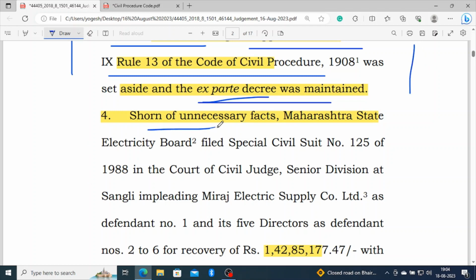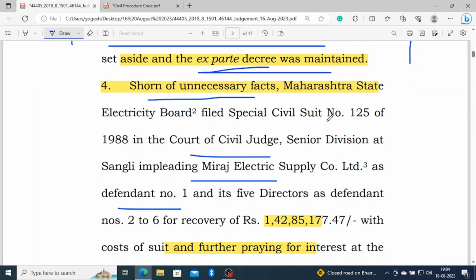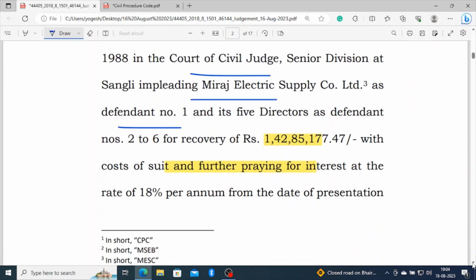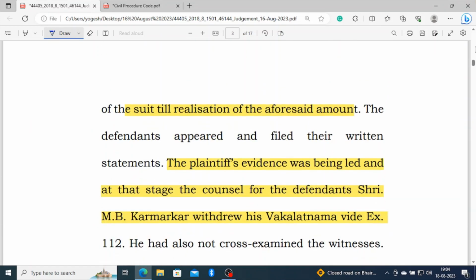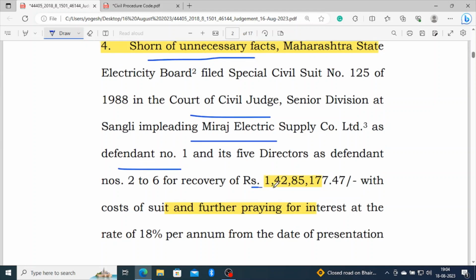on unnecessary facts, the respondents filed a special suit number so and so in the court of Civil Judge Senior Division, impleading the appellant as defendant number 1 and 5 directors. So this signifies that the respondents first filed a civil suit in which they impleaded certain directors, and the appellant is one of the defendants in that case, and they have made a prayer for